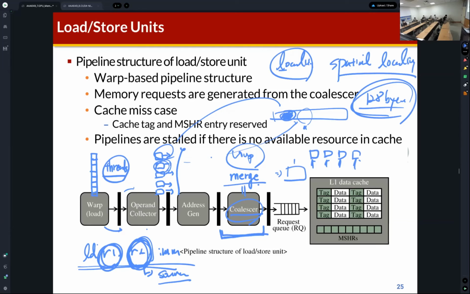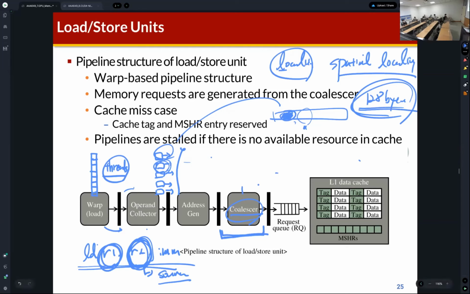So if the thread index is 0, then this thread will access element index 0, and if the thread index is 1, then this thread, with a high probability, will access array index 1, right? So we can observe there is strong locality between threads inside one warp,